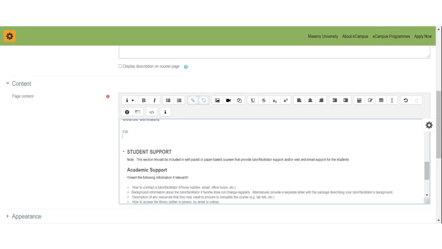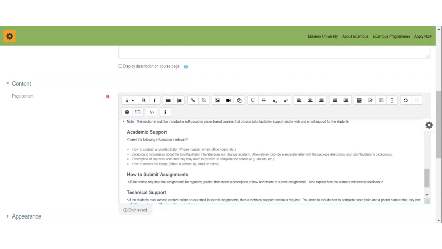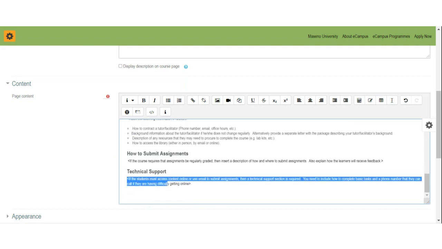And the student support, of course, academic support. Here, put the information of the HOD, because the HOD provides the academic support. And of course, your contact, because you also provide pedagogical support. Technical support, this one, the eCampus will put the information here of the person who will be the technical support